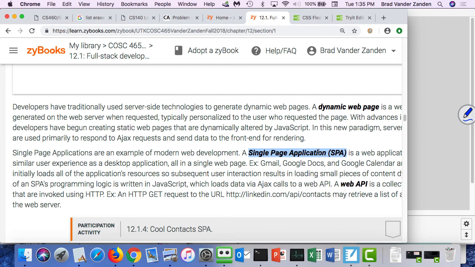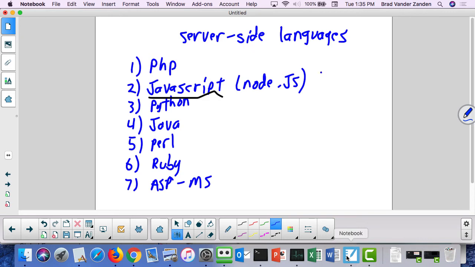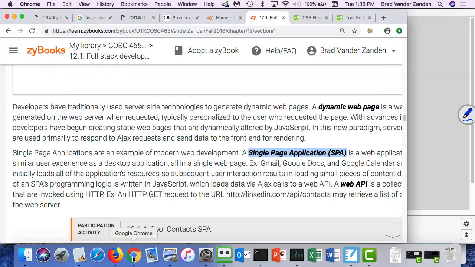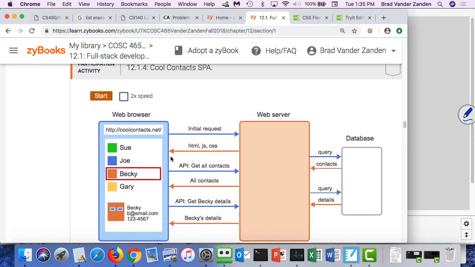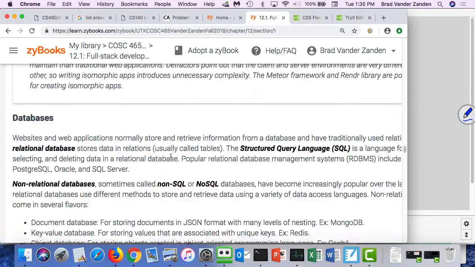If you're creating a single-page app, you should probably use Node.js. Okay, so we're putting that aside. We're going to talk about PHP. PHP was designed specifically as a server-side language. So as the book shows it,